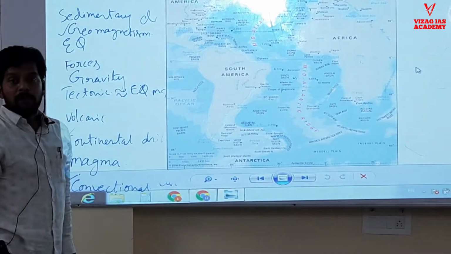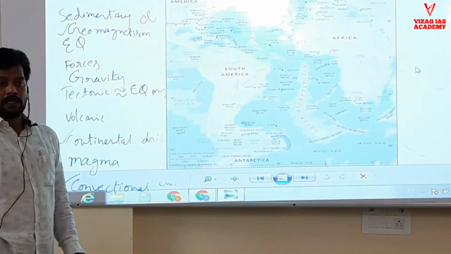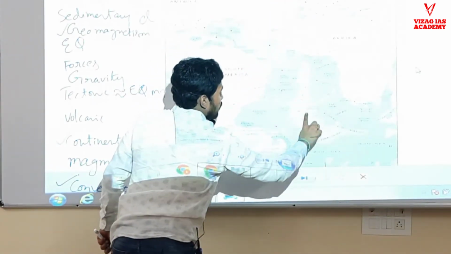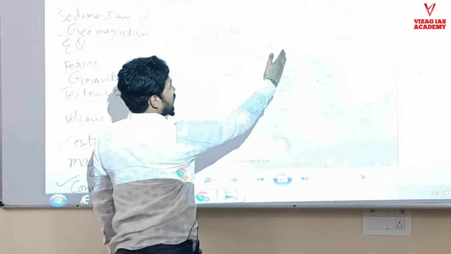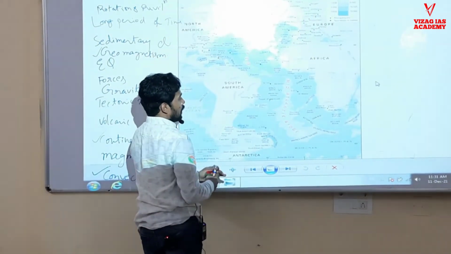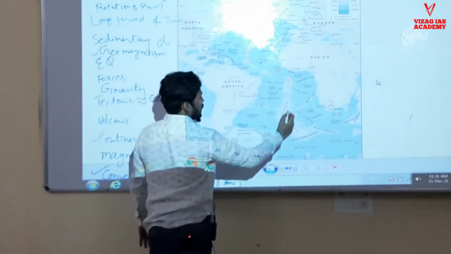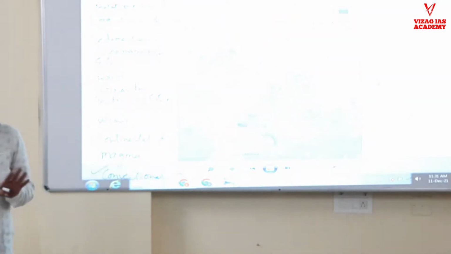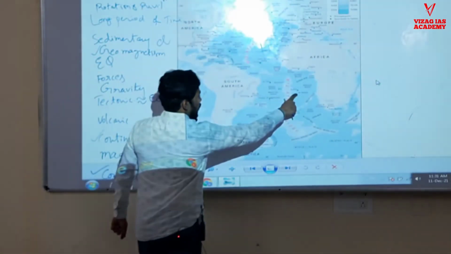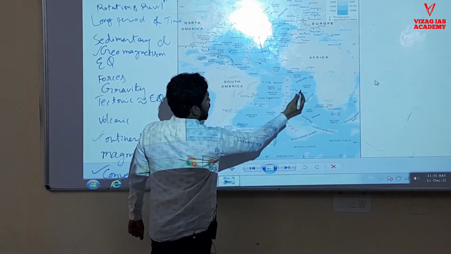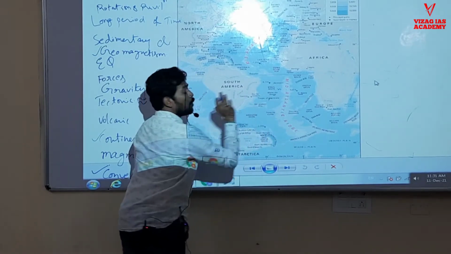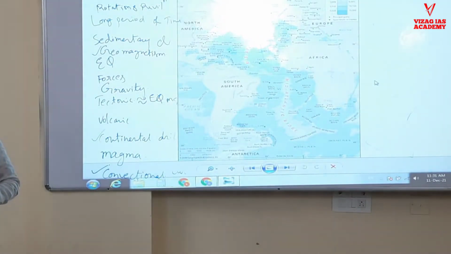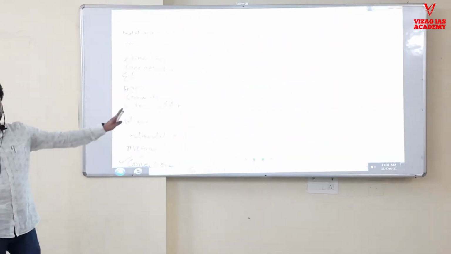will fit together, may not be exactly, but they will fit together more or less. Here this is the ridge I was speaking. Scientists started observing in these areas how it is happening. Exactly, if this is the mid-oceanic ridge, this side, that side, similar mirror image is there. The age of the rocks is matching. Whatever age is here, exactly the same age is there. For example, this area and this area, both have the same rocks inside, that means on the sea floor I am telling. Okay, so that is what they were telling.